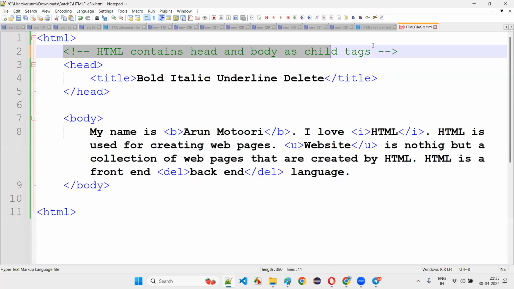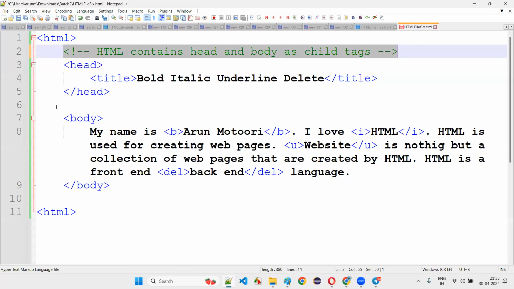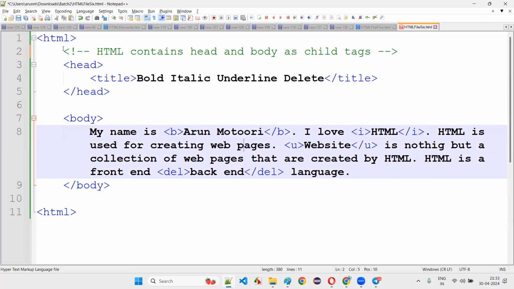They will act like commentators. Here, HTML is a player of the match. Head is a player. Title is a player. Body is a player. B is a player. Del is a player. All these tags are players. But commentators are not the players. They will be ignored by the browser. They will not be considered by the browser, guys.